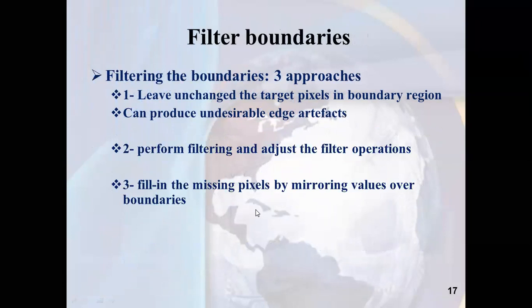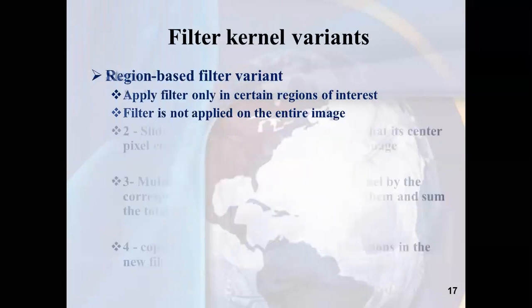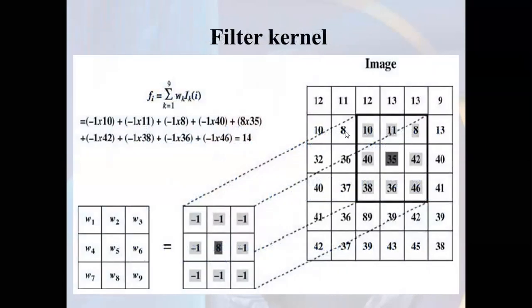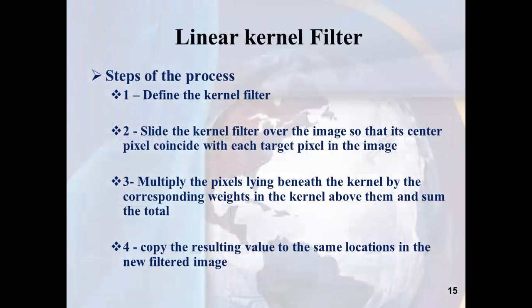Another way is to fill the missing pixels by mirroring values over boundaries, which means at the output pixels, I can add the values according to the output image. After calculating the new values here, for example, let's say the new value of 8 is 25, and this is 24, so this will be the mirror of this value. In this way, we don't have an artifact, but the best way is to copy the resulting value to the same location and make a crop